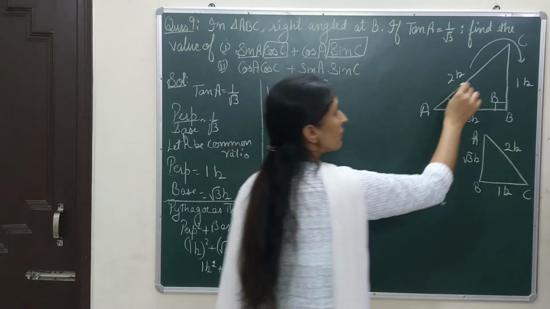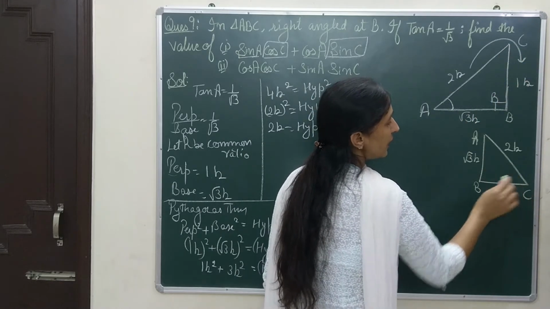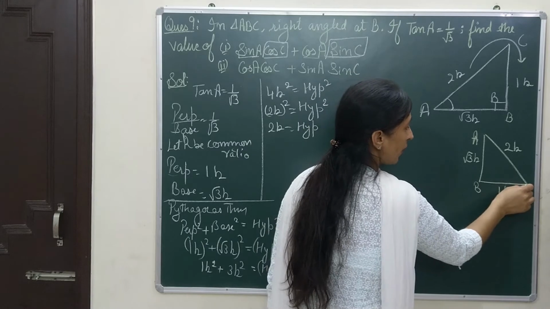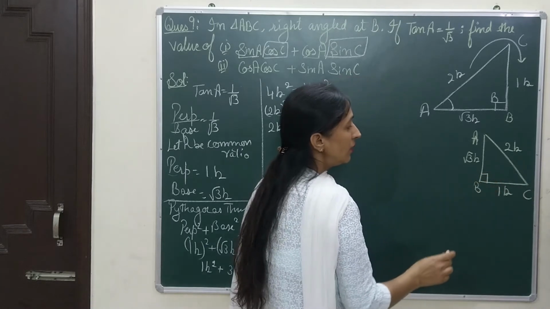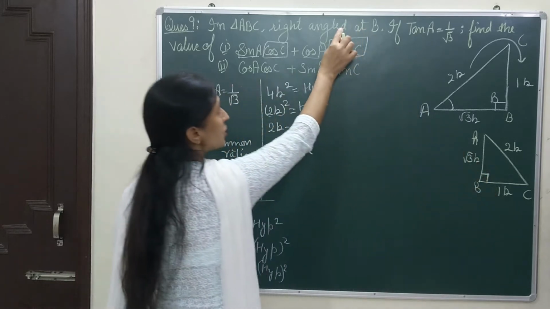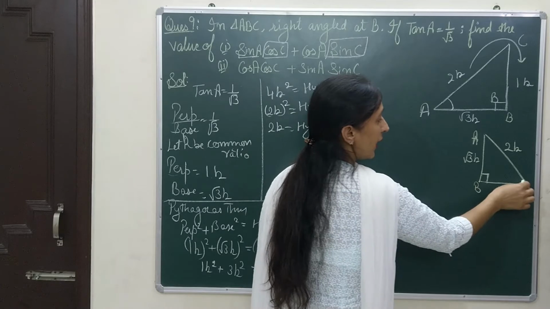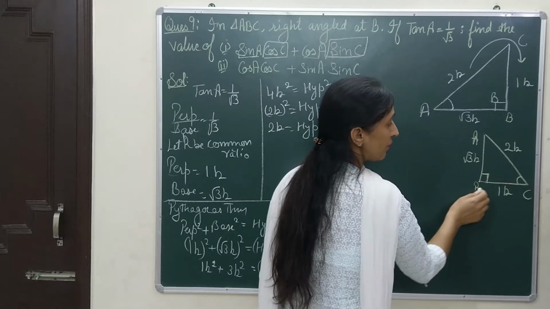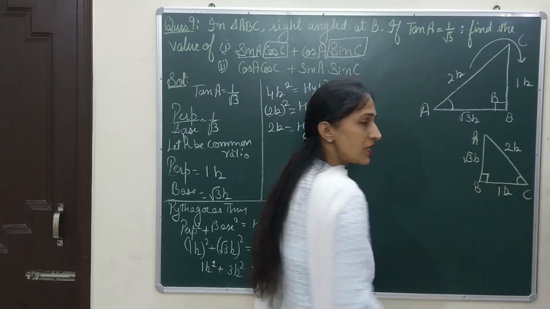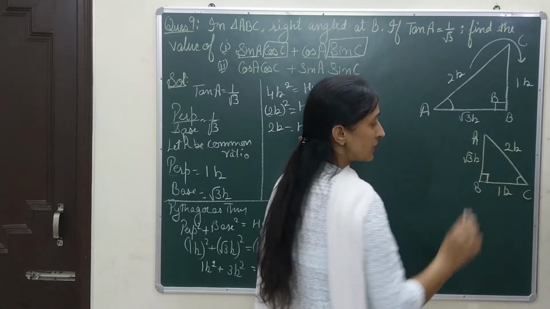The revolving of the triangle in this question is just to bring C down. When C has come down, the right angle is still at point B, which is there in the question. That should not move to the upper side, that is there on the base, and the angle of consideration here, which is there on the baseline, is C here. So I can find the value of sin C and cos C now.